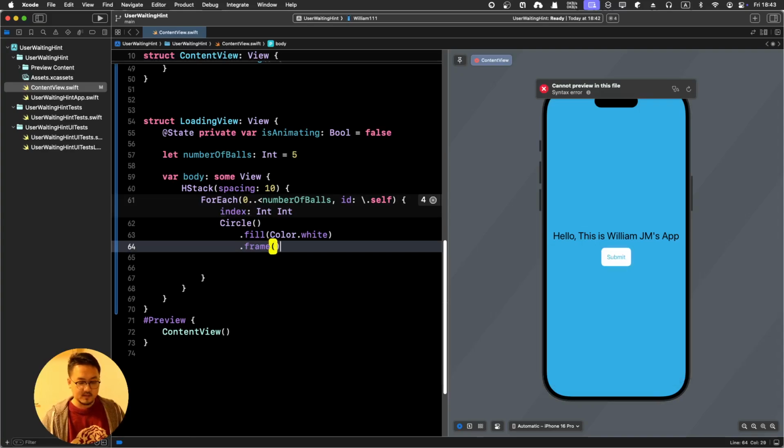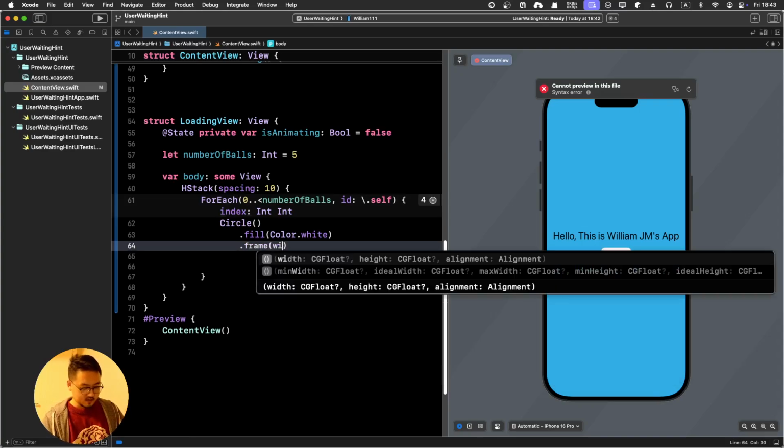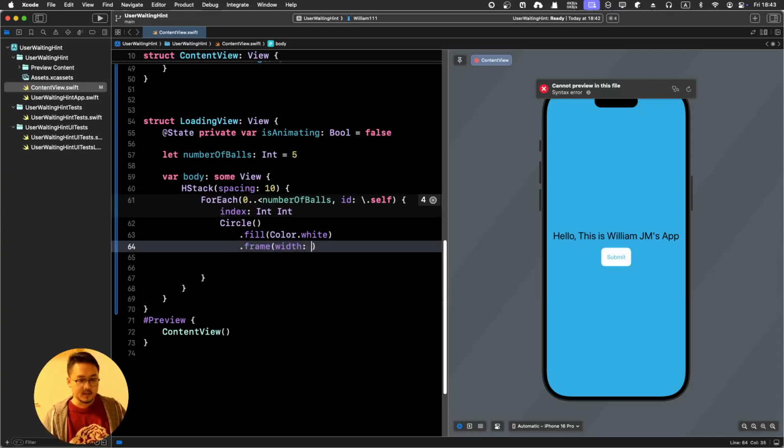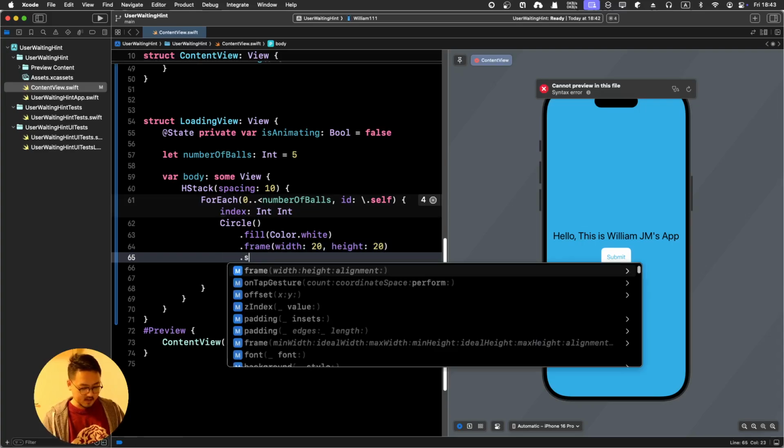Before we make a scale, I tend to put it inside a frame, so I can control it. Let me just use width and height of 20, and I can add a scale